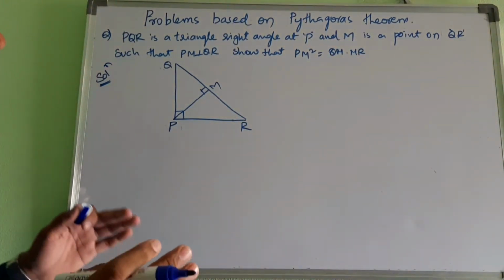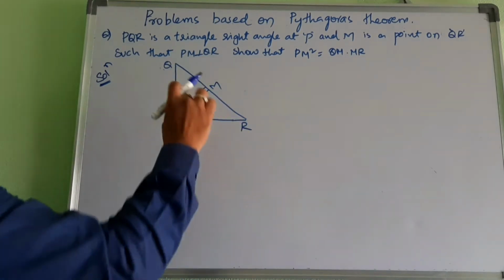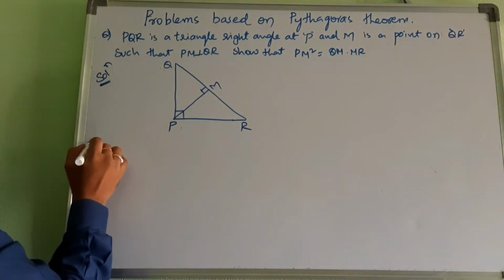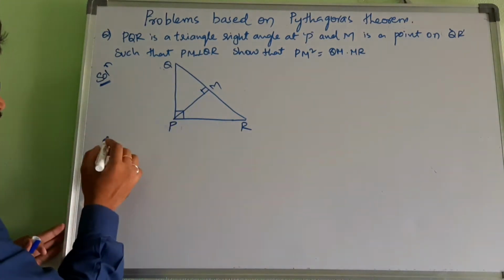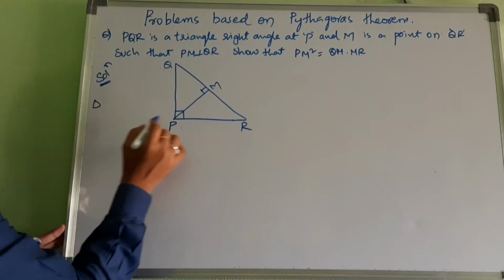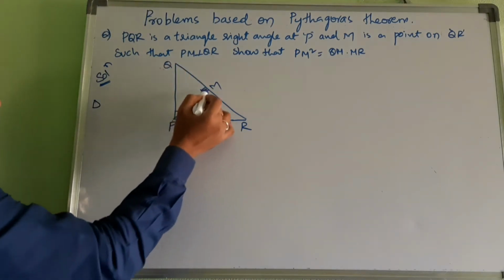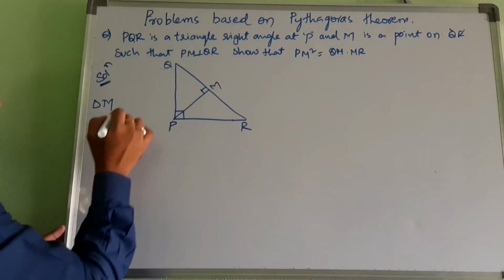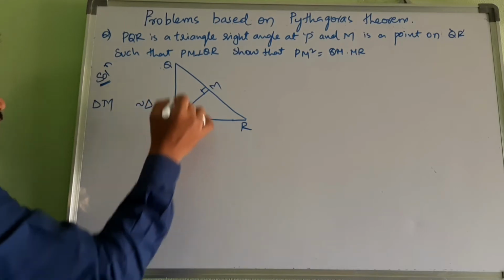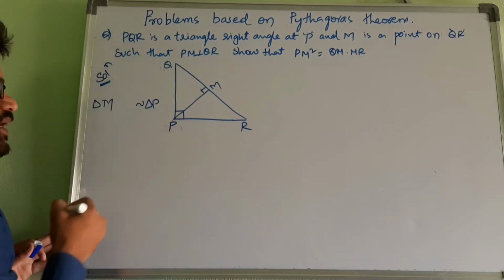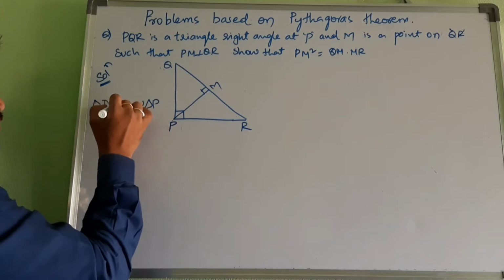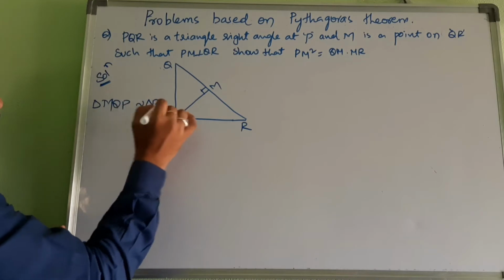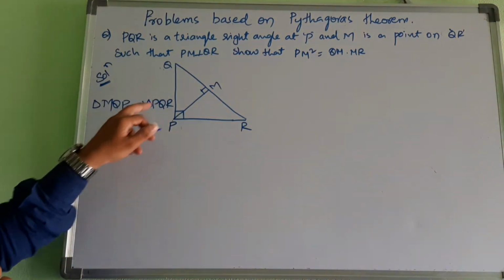Before starting with Pythagoras theorem, we derived that these two triangles are similar to each other, right? I will explain that again. See here, triangle MQP. In this triangle, angle M is 90 degrees, which is similar to PQR, where the right angle is P. Angle Q is equal to Q, the common angle, and the last ones are P and R. So MQP is similar to PQR.